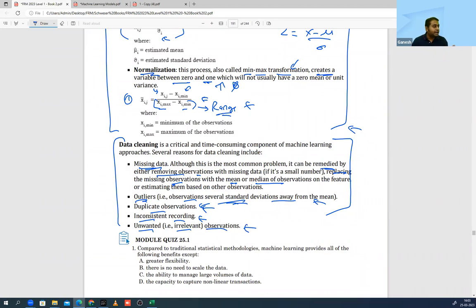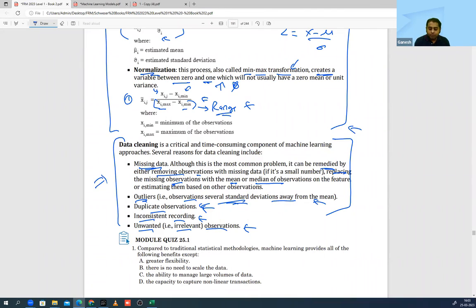Or unwanted or irrelevant observation. So when you look at the entire data of the customer, for example, suppose Amazon Pay people who have purchased. What they have purchased, when they have purchased, all of this information is there. But there might be extra information, like what is the card number from which they have purchased? If that is not important for me, I'll have to remove it. Why is it important to remove? Because if I give unnecessary information, it is going to take time for that model to learn. So I'm reducing that barrier a little. I'm removing that barrier. Is this clear?